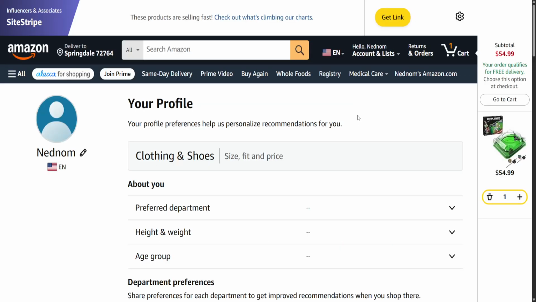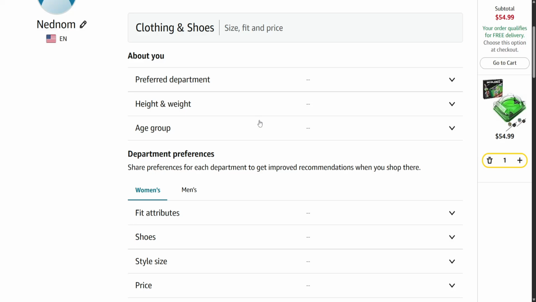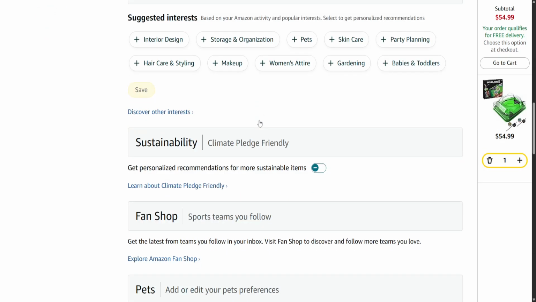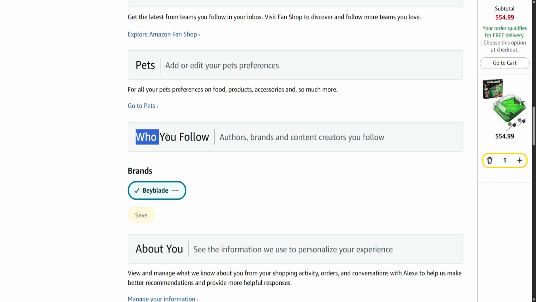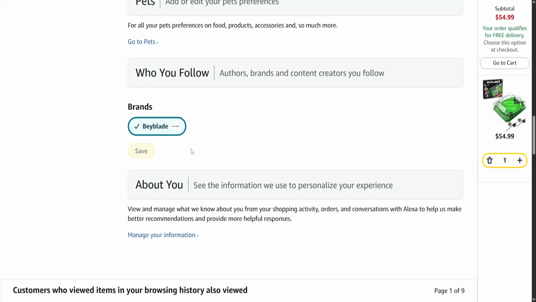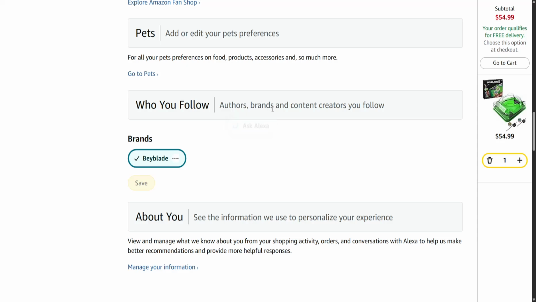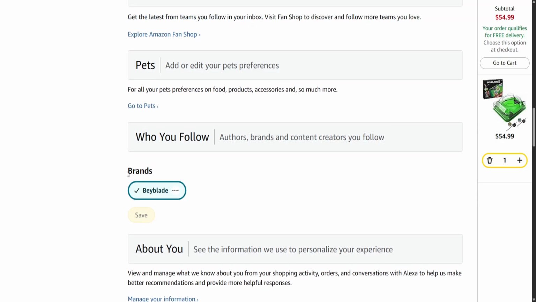on view. Now you scroll all the way down until you are able to see who you follow, authors, brands, and content creators you follow. And here you will see a list of all of your followings, and you can basically track any stores here. You can track authors, brands, and content creators, and basically anyone on Amazon whom you follow is going to be